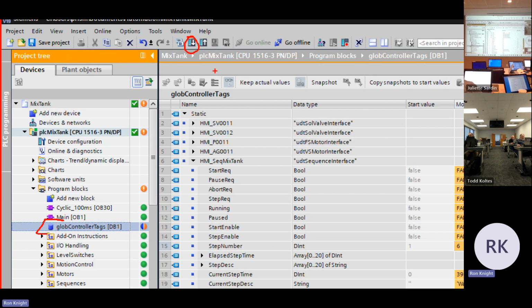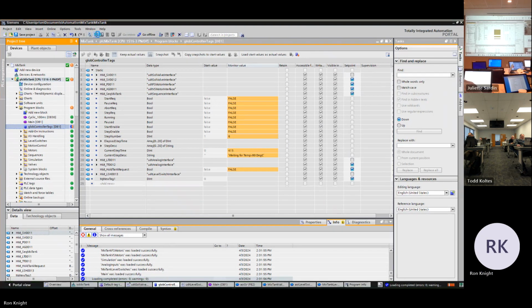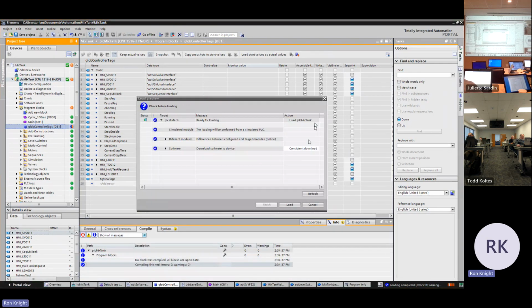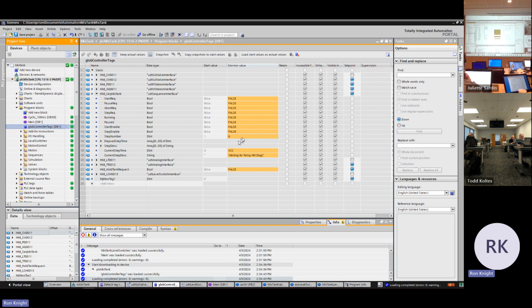All right, so if we hit the download button, yep, we're clean. No pink messages. Click load. Sequence is still in step 6. We haven't caused any major problems here, but notice what it did. The name and the data type columns are now grayed out. We can't make any changes to the name or data types of any of the tags that currently exist in